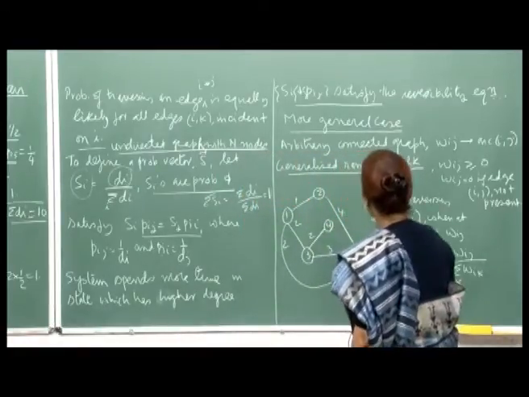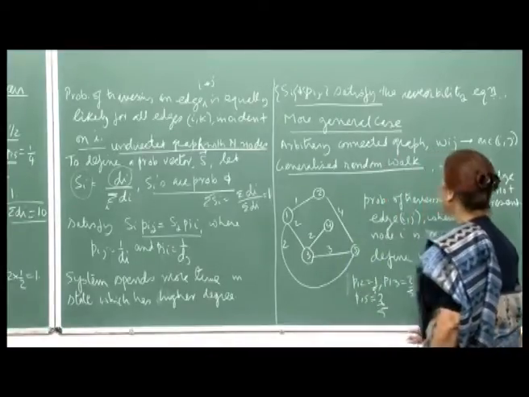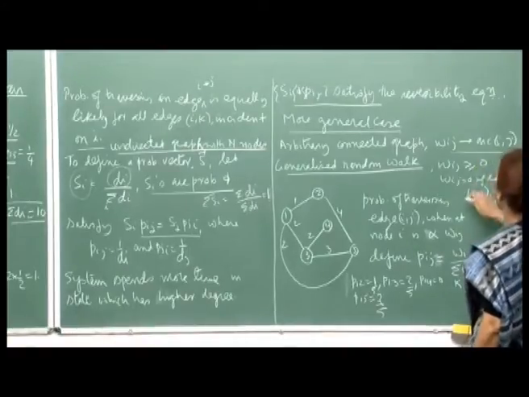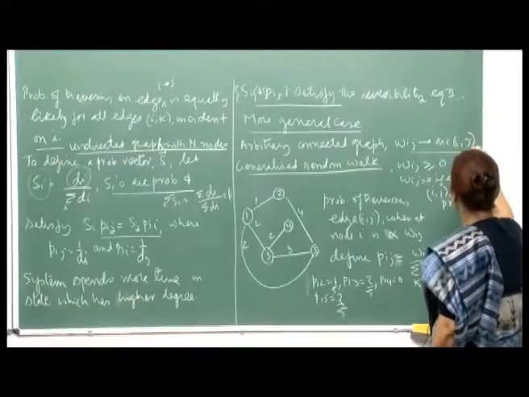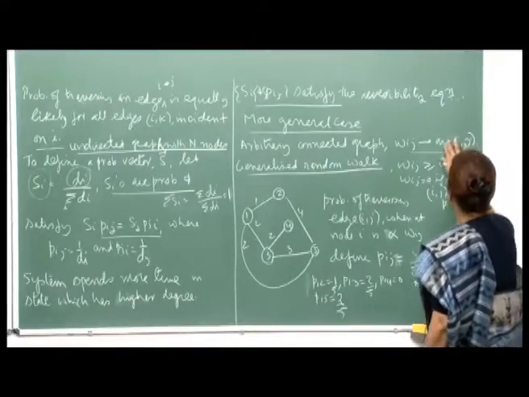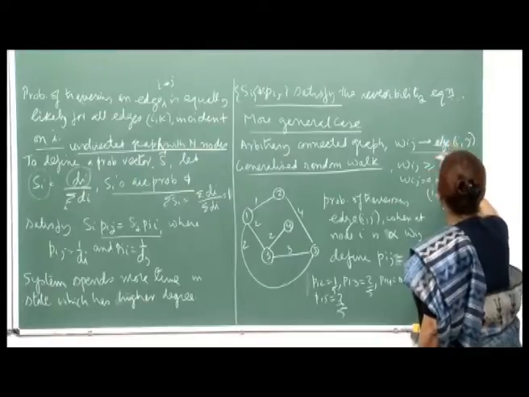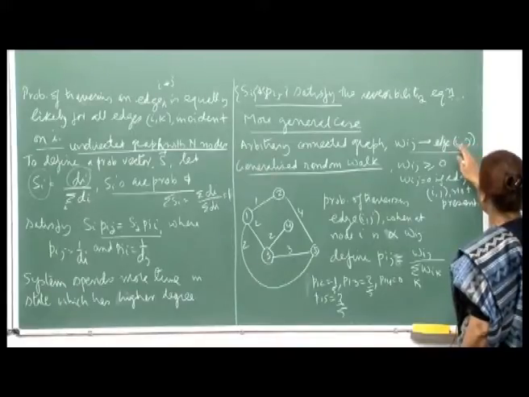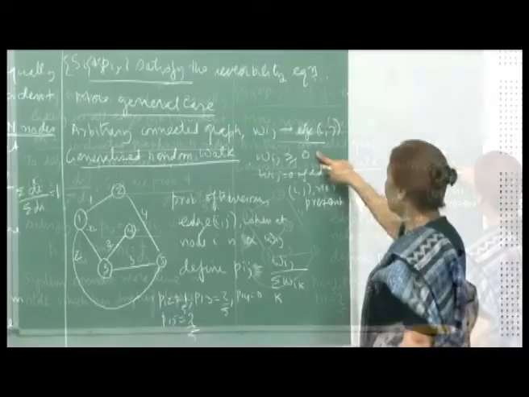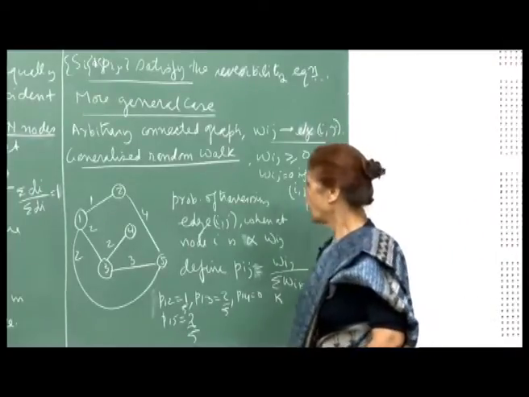Okay. Now, you can generalize, you can talk of a generalized random walk, and here suppose we are saying that you have weights attached to the arcs. So, there is a weight w i j which is non-negative for the arc i j, and if the arc i j is not there, or the edge I should say, actually this should be called an edge, because in the directed case the nomenclature is that you call them arcs when they have a direction. Otherwise undirected links are called edges. So, this is edge i j, and so w i j's are non-negative, and w i j is 0 if edge i j is not present, right. So, we will discard that.